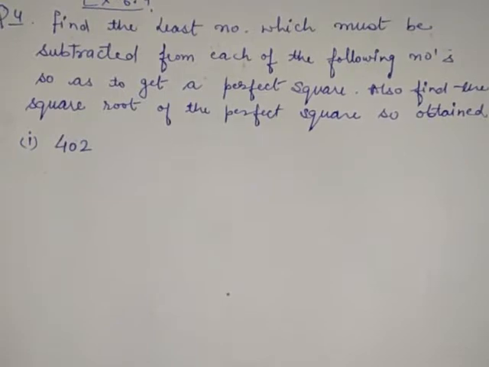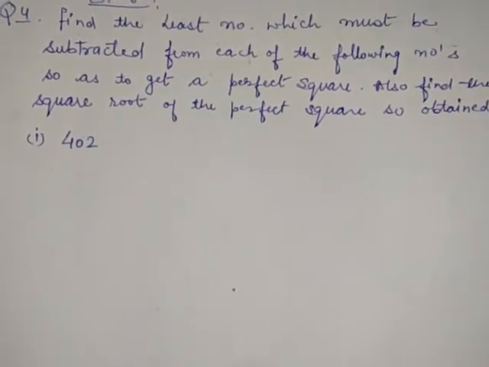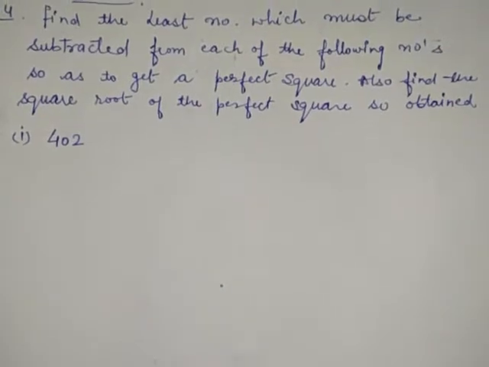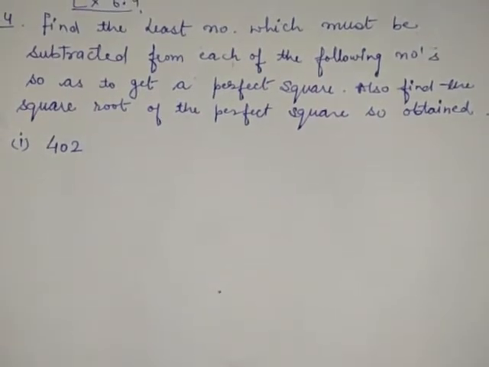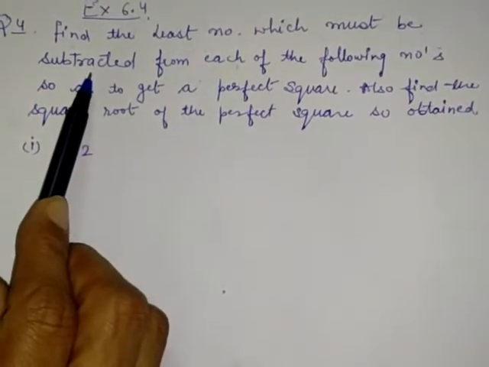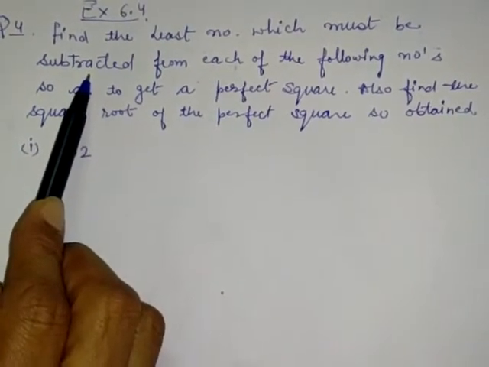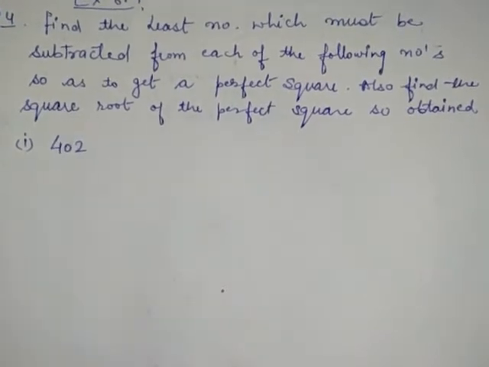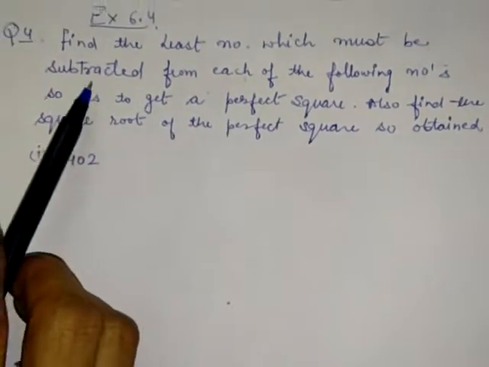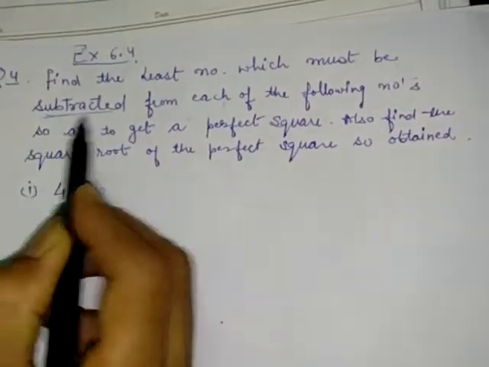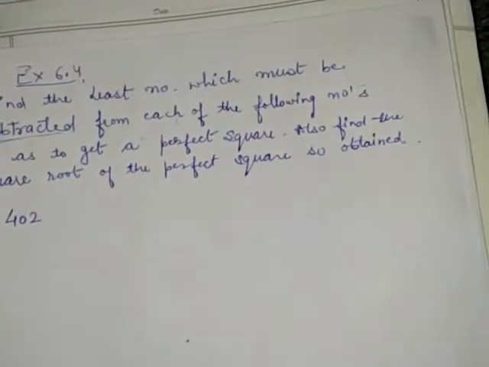And what was the method? I told you that whenever the question is of multiply or divide, you will always use prime factorization. Now, when the question is something to be subtracted or something to be added, you will always use the division method, what I told in my earlier video. So now here the question is of subtraction. It means you have to go by the division method.